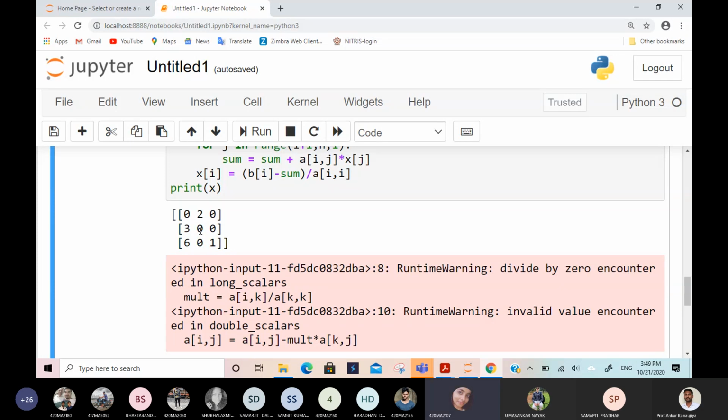Sir, we can do one thing. The pivot position will always be in the diagonal position. Yes, right. The pivot will always be on the diagonal if it is a unique solution.